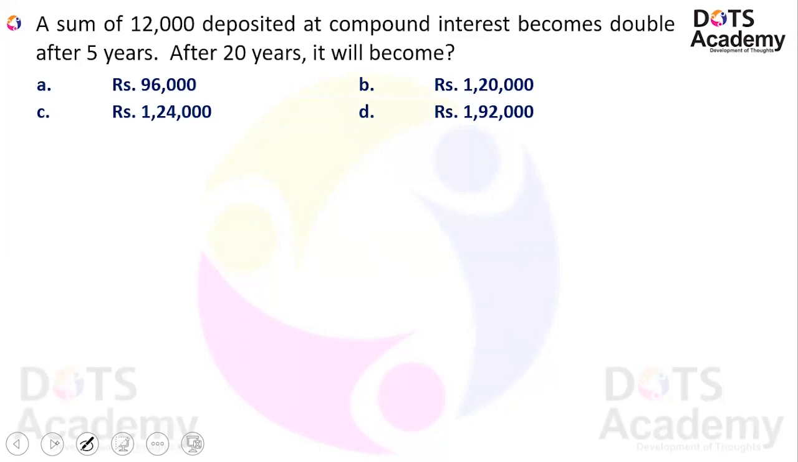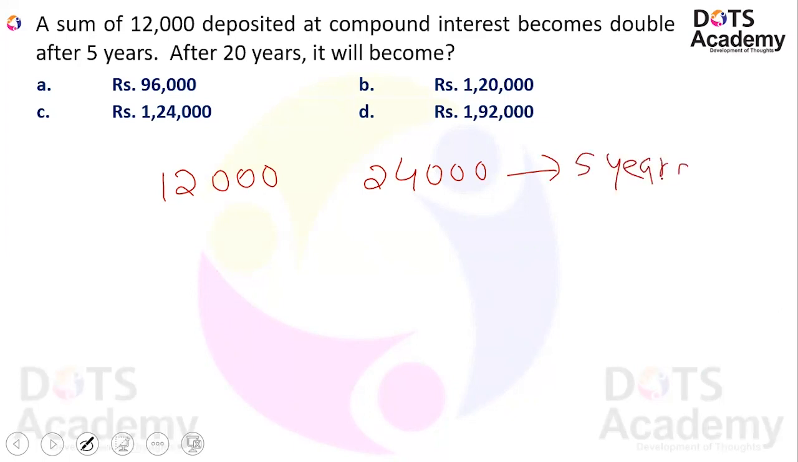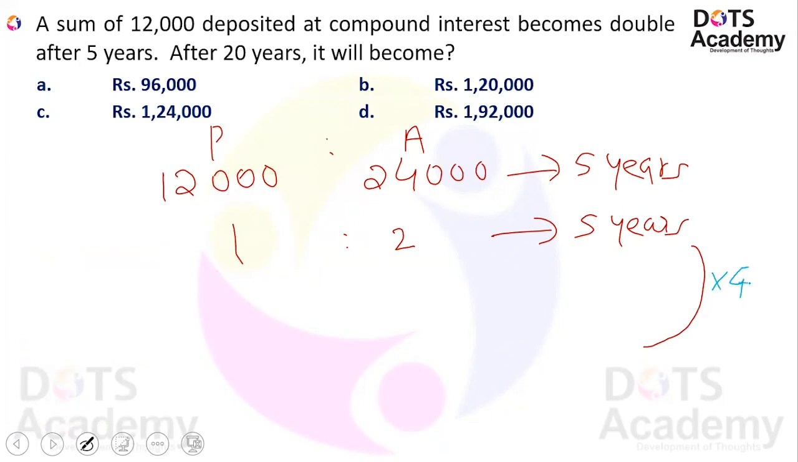12,000 becomes double after 5 years. Therefore, 12,000 becomes 24,000 in 5 years. Means the ratio of principal to amount in 5 years is equal to 1 is to 2. So our question is, after 20 years, that is 5 into 4 is equal to 20. So in 20 years,